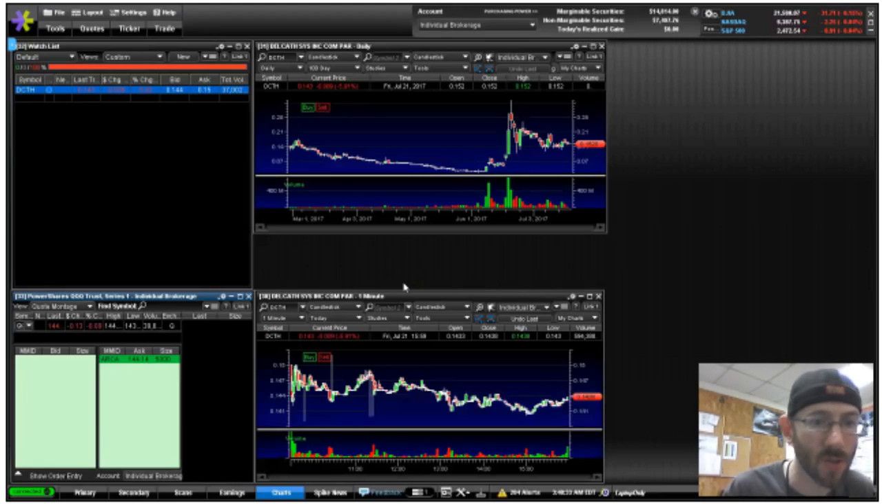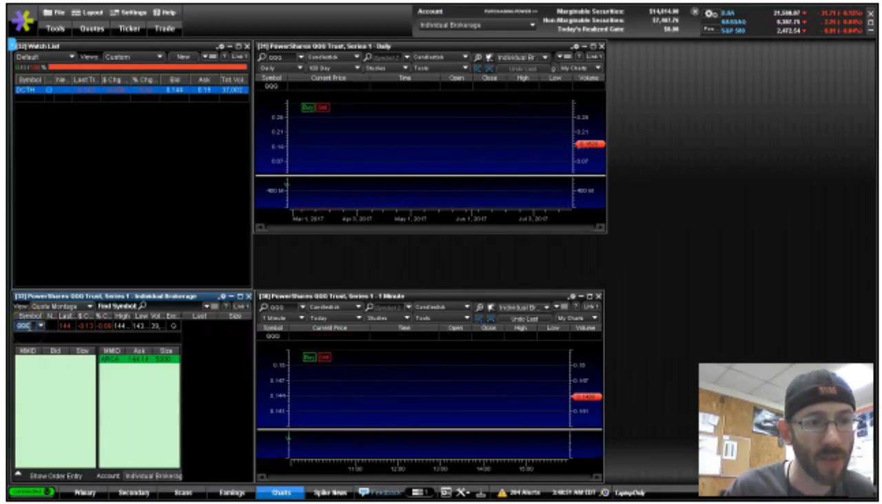Now some windows control other windows, but not every window is going to control all the other windows. You'll learn which ones kind of take the lead. And what I've learned is that level 2 kind of takes the lead. We do want to make the symbol window a little bit bigger here. So if I put something here,